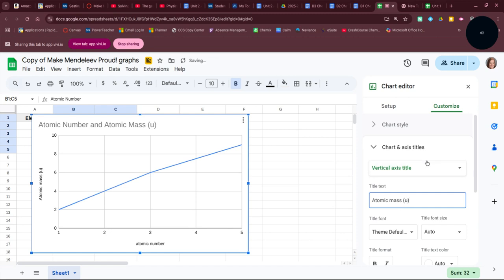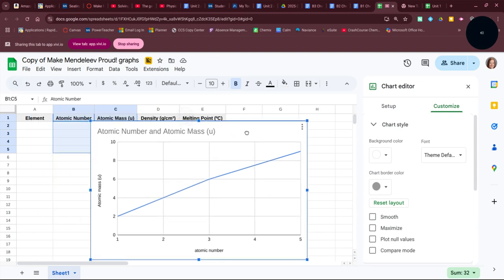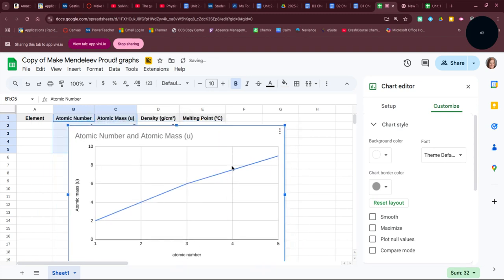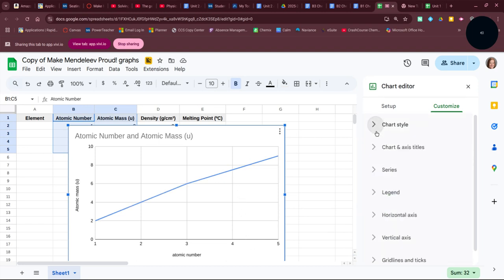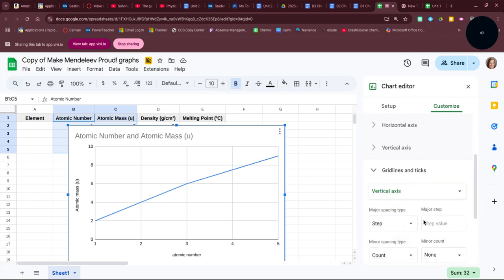Okay, wonderful. Now, notice that the one that I left out was number 4, right? This did a pretty good job. I can see 1, 2, 3, 4, even though I didn't have any data for element number 4. Here's the problem that I'm gonna run into though. I may not have enough grid lines to extrapolate or estimate my data point very well with what it gives me. So, under Customize, we also have the option to go to grid lines and ticks,